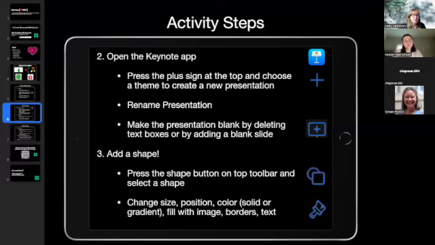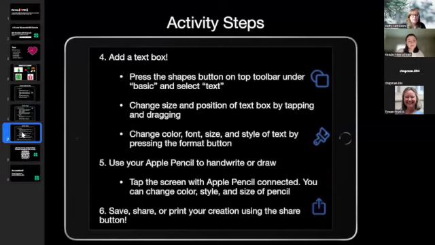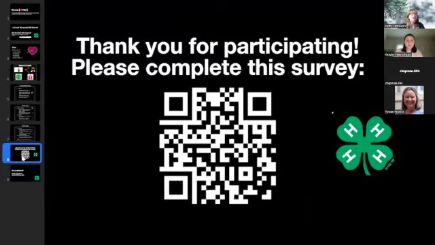Okay. A couple more things about the text boxes we did, and then we also used the Apple Pencil to handwrite and draw. So if you could, we would love if you could